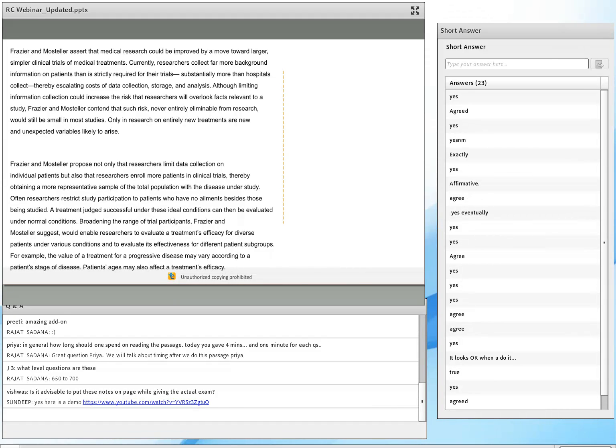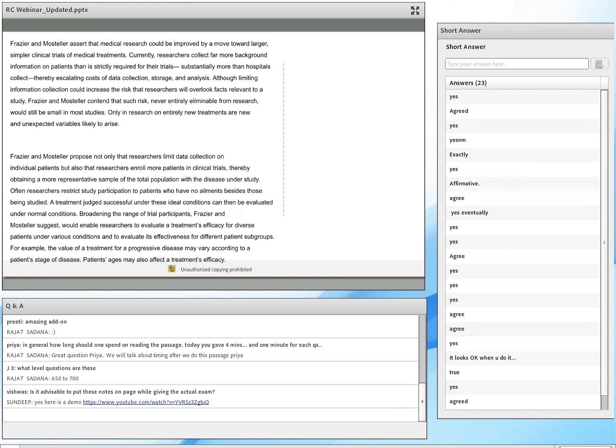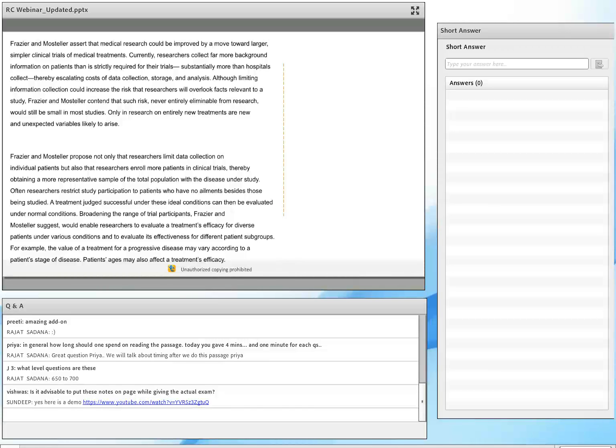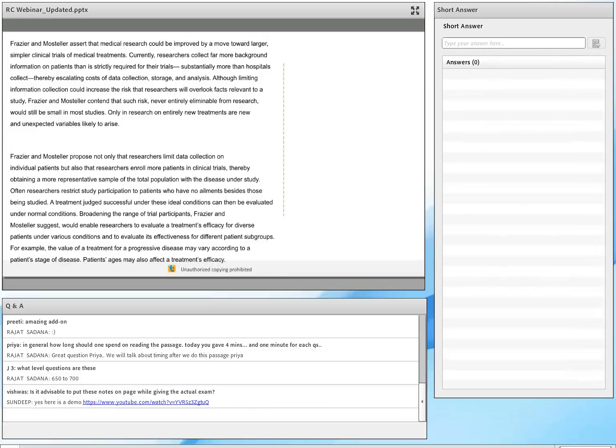Okay, so it looks okay when I do it. I was a student like you. I had to struggle with both quant and verbal. I wasn't someone who was naturally good at the GMAT. And trust me, I haven't done RC for a very long time myself. The reason I'm able to do this is because what I learned from RC, I apply in my regular day-to-day life.